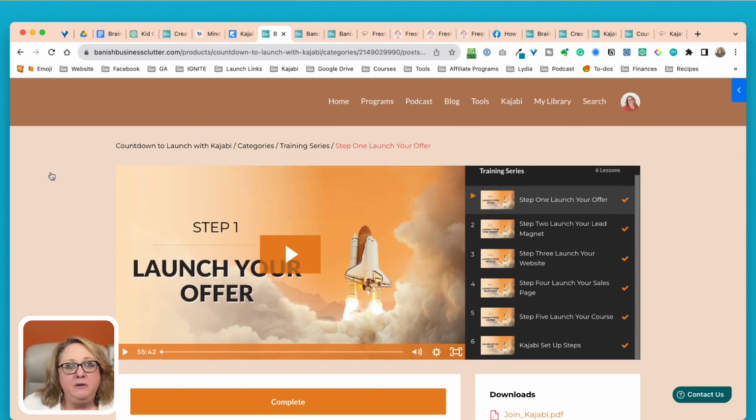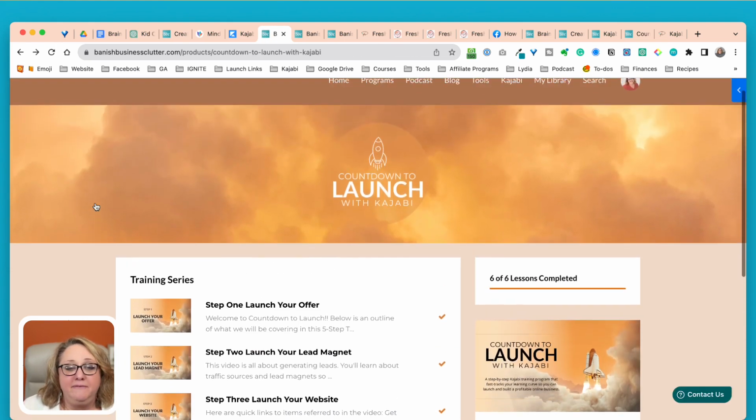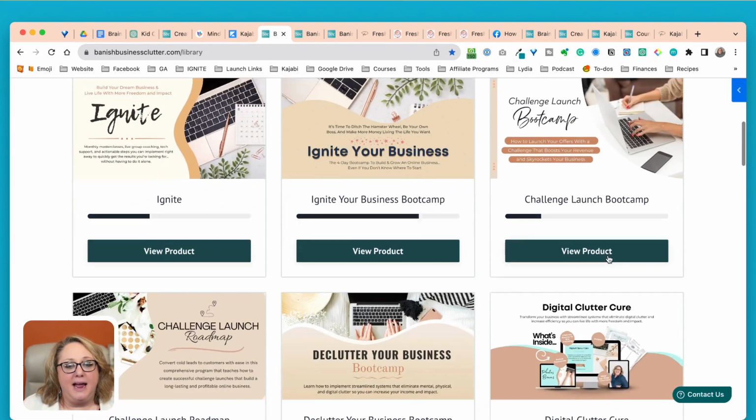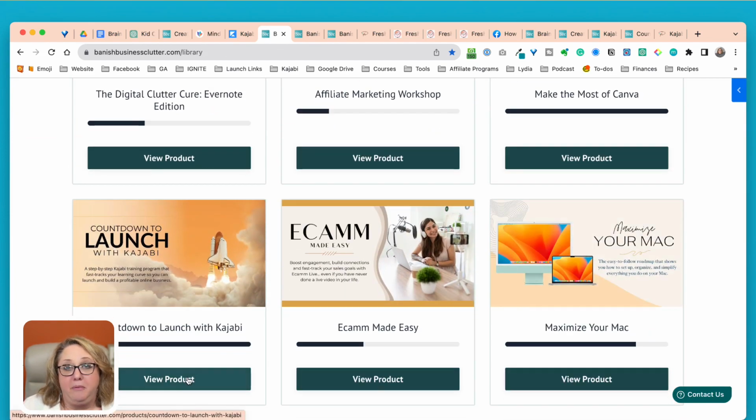But really, my focus for today was to let you know what's possible in Kajabi. I wanted you to know how to get access for free for 30 days, how to choose the right theme for your course. And you can see how different they all look. But every one of them is accessed by people going to their library, finding what they've purchased, and simply clicking on their product.